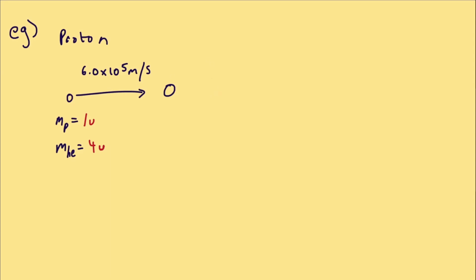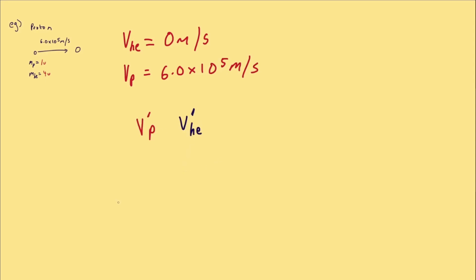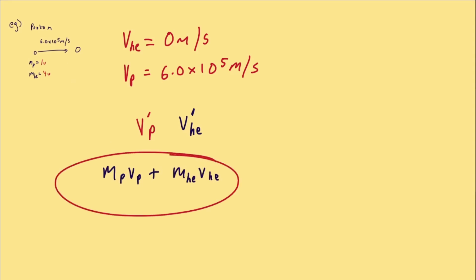Let's see what we're given before solving the problem. We're given the mass of these two particles. And we're also given their velocities initially. The helium nucleus is moving at 0 meters per second, is at rest, stationary. The velocity of the proton, as we know, is this big number here. We're looking for the velocity of the helium nucleus after. Because momentum is conserved, then we can use the conservation of momentum, which says that the momentum of the proton plus the momentum of the helium, which is the total momentum in the system, is equal to the total momentum